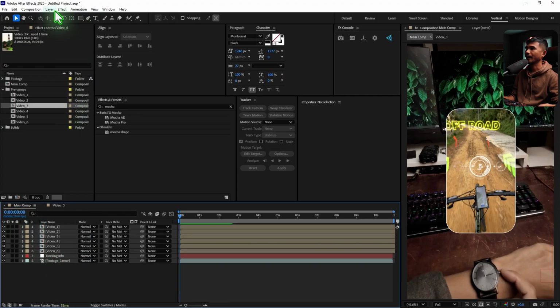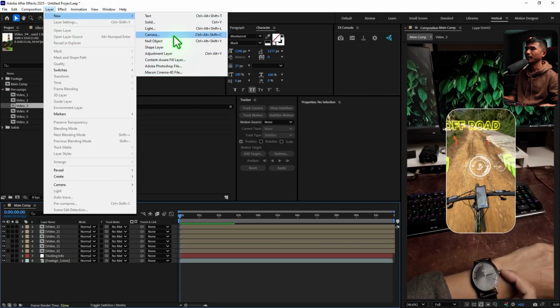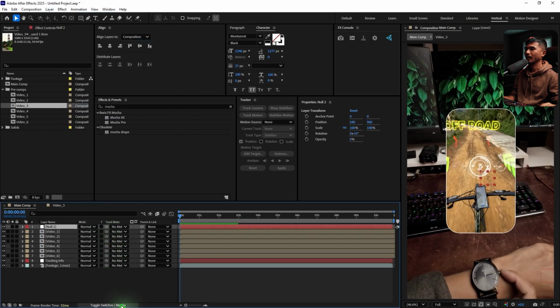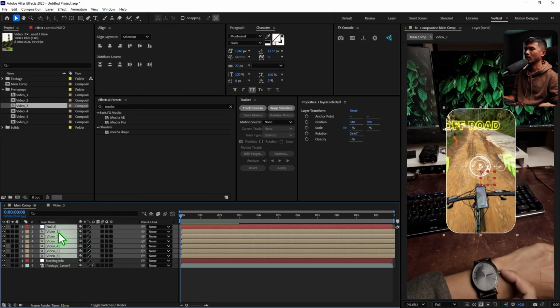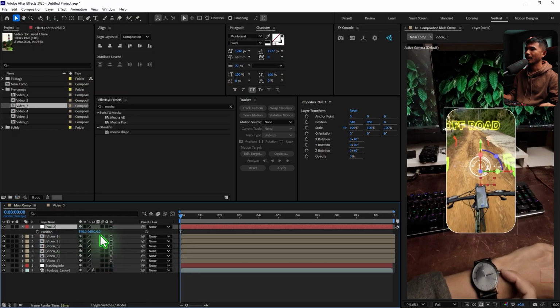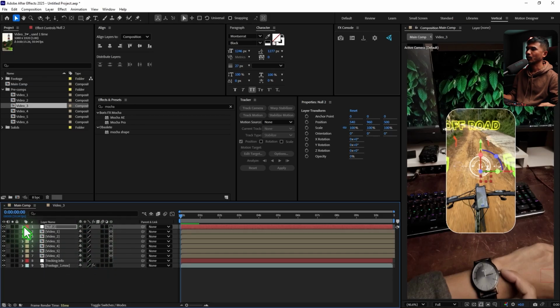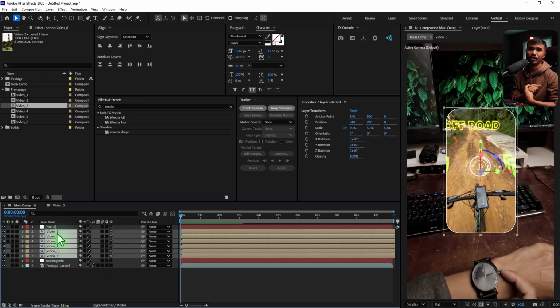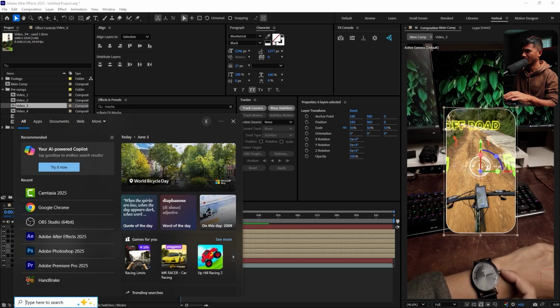All right, so I've scaled this video down to 50%, and I'm going to create a new null object, and let me make all these layers, including the null object, 3D layers. Select the null object, hit P, and I'm going to offset the Z position by 500 pixels. I have 6 videos here, and I want to put these in a circle. The circle is 360 degrees. So if I take out the calculator,